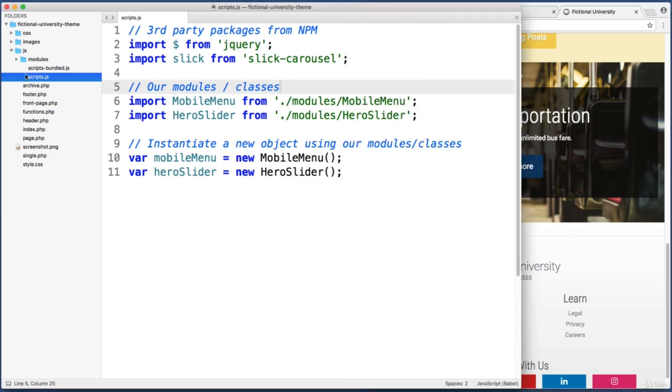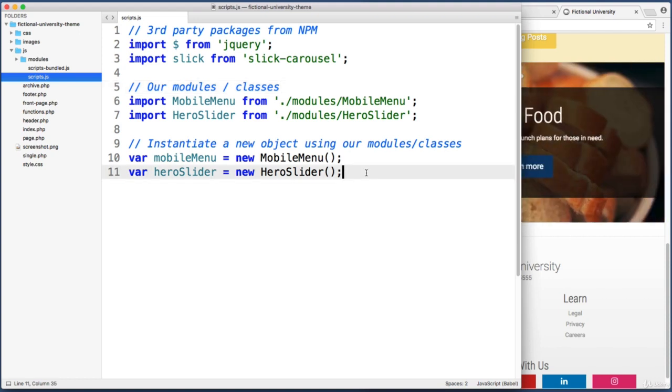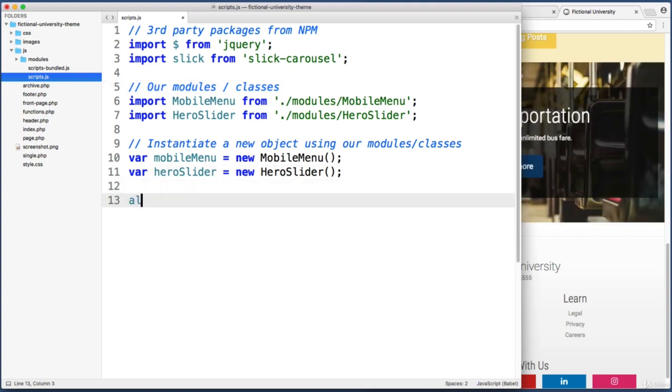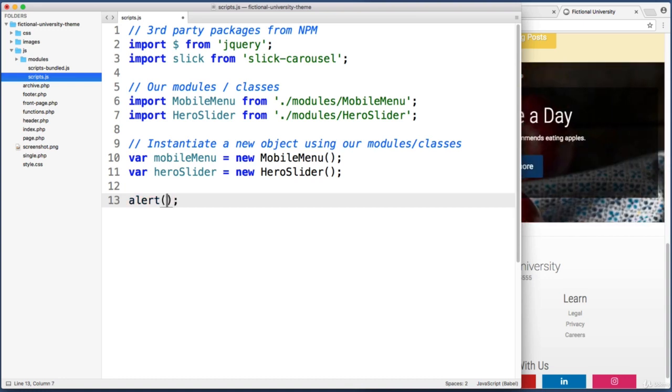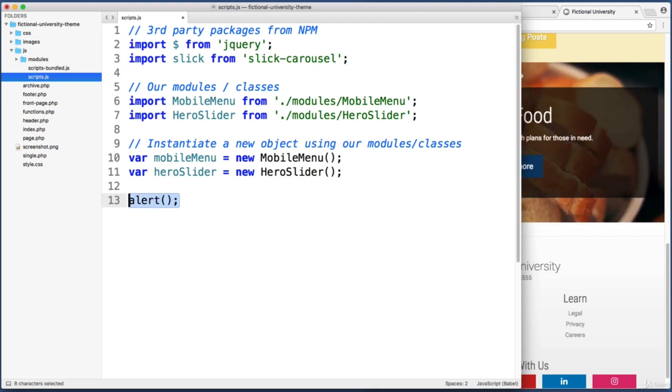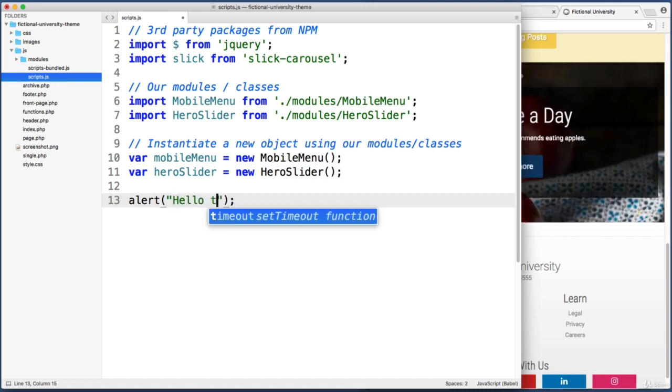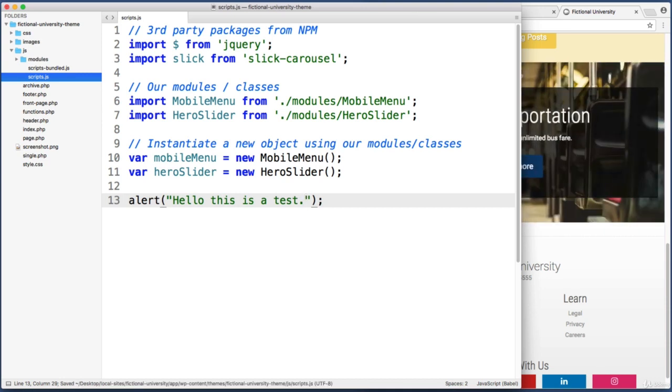So within this scripts.js file that lives in the JS folder, maybe down at the very bottom, let's add a new line. And let's just say alert, and then open up a pair of parentheses because we are calling a function, right? You'll notice there's a lot of similarities between JavaScript and PHP. And within the parentheses, let's open up some quotes and say, hello, this is a test. Okay, and if I save that,